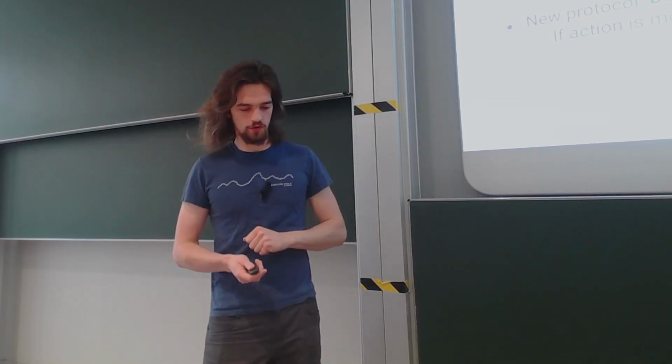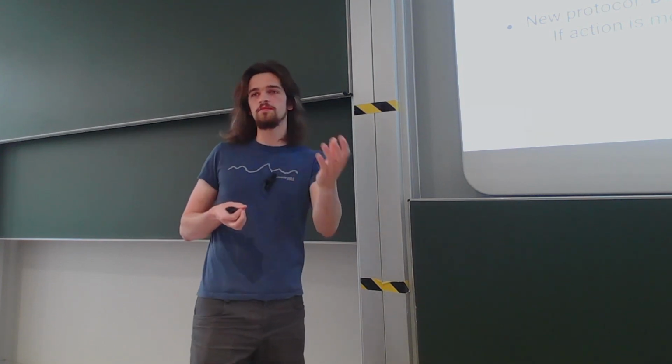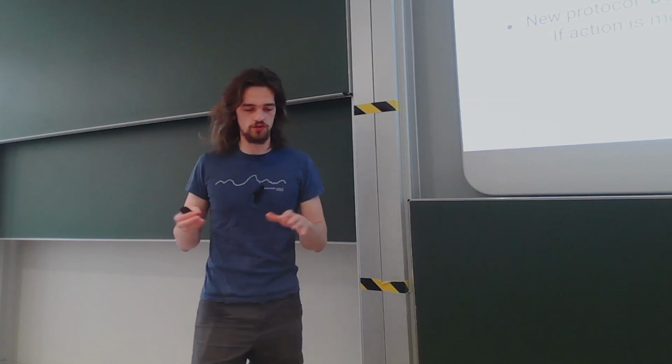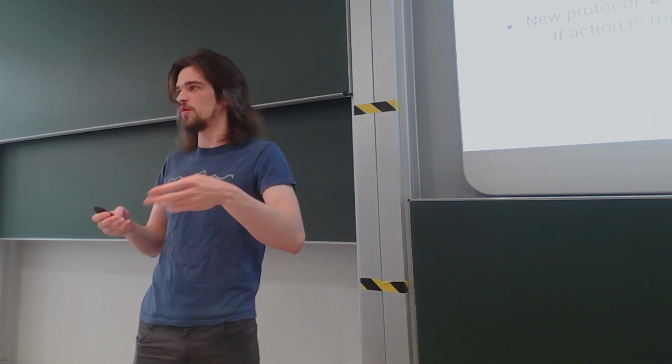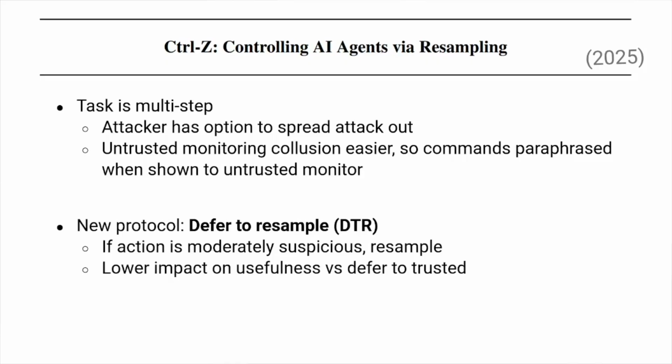So if the model is trying to randomly throw in pieces of its attack, it's very hard for it to not just have this always resampled away. It also means that if you're in the setting where your model's not misaligned, and you have some action that just happens to look a bit suspicious, it's probably the case that when you resample, the new action you get doesn't look suspicious anymore, because it is actually some honest action. And so you get lower impact on your usefulness compared to deferring to a trusted model and having that trusted model edit or audit